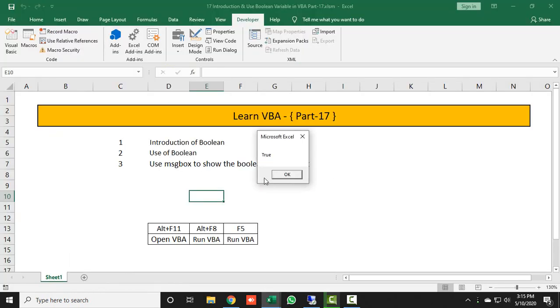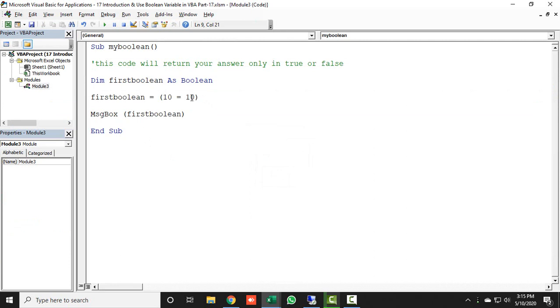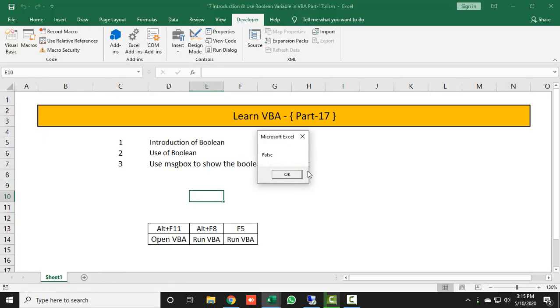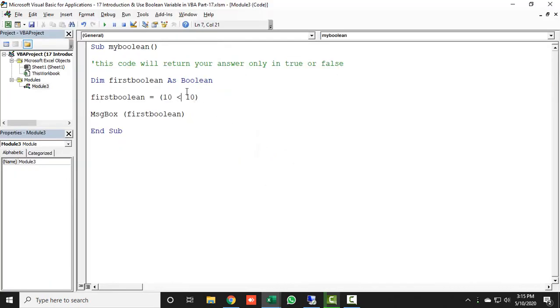Here we can see it is returning true because 10 is equal to 10. If I say 10 is less than 10, then it will be false. Let's see. I can also put it over here: tell me is 10 greater than 10, so it would also be false.